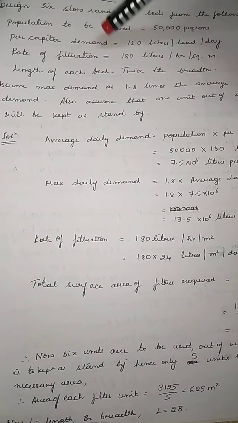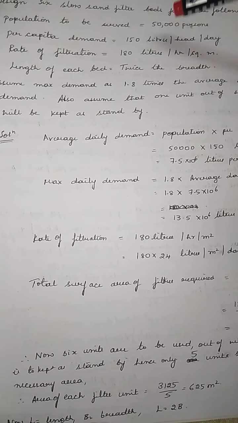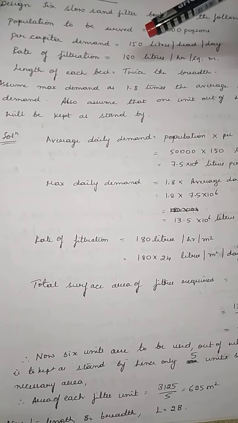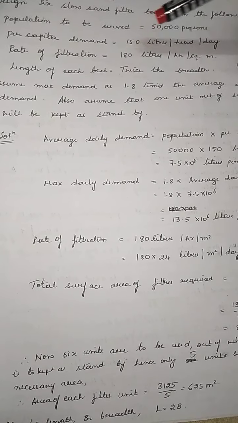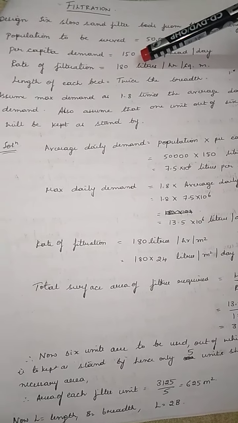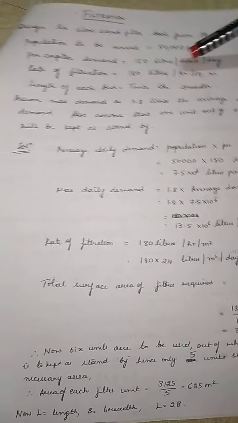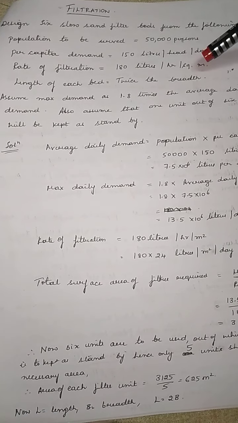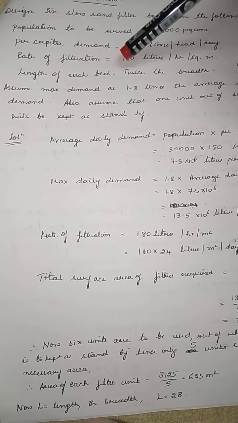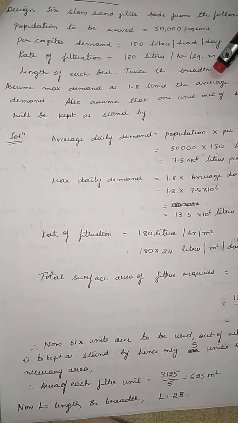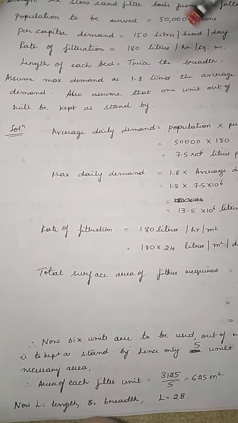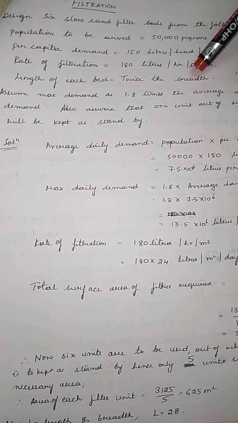Then the rate of filtration. The rate of filtration from these sand filters should be 180 liters per hour per square meter. That means 180 liters for 1 hour per square meter you are going to supply. The length of the bed is equal to twice the breadth. That means L is equal to 2B. Now